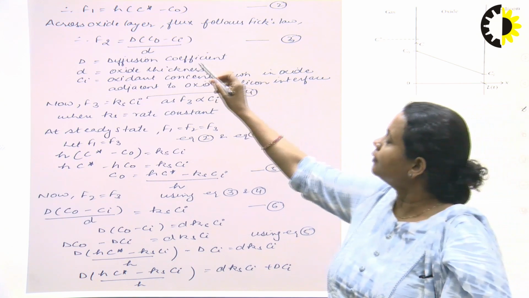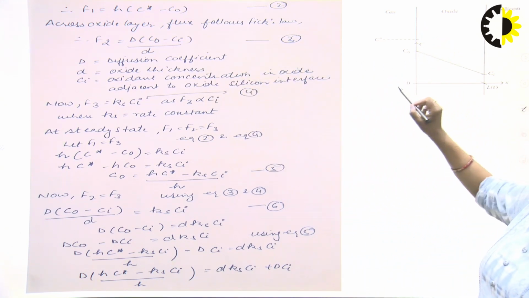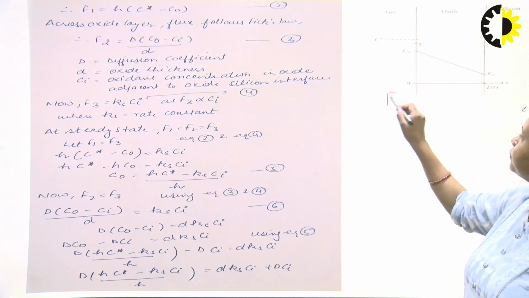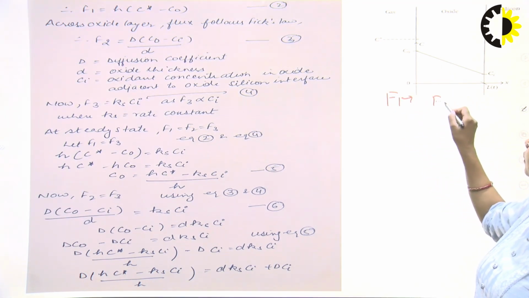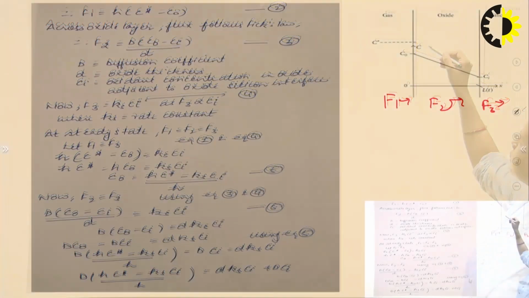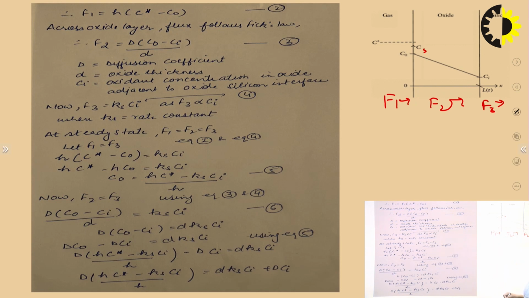Then in the second step, in the oxide layer, there is some kind of diffusion. This is F1, this is F2, and the same with F3, and this is your CS. So some kind of diffusion is there when the concentrations are moving. Now the concentration has arrived at this interface. Now we have to use another flux and try to transit it from this layer to this particular interface.